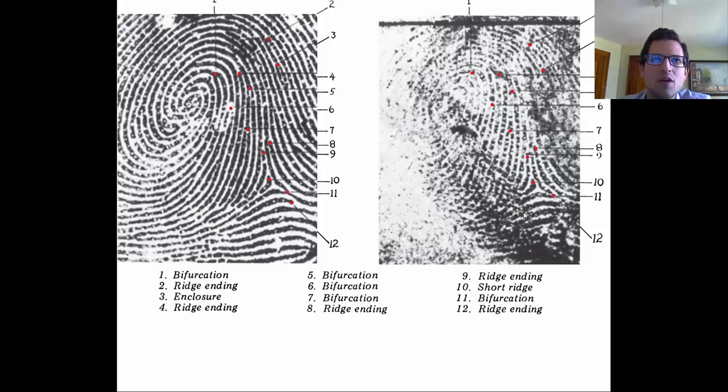The angles are the same, the relative distances between the dots are the same, and this is what we must have to have a definitive match of two fingerprints. And indeed, what we have here is 12 ridge characteristics in exactly the same places, exactly the same relative to one another. This is a match. So whoever this leftmost fingerprint belongs to, that person left this fingerprint on the right at the crime scene. It doesn't mean they did the crime. It just means that their fingerprint was